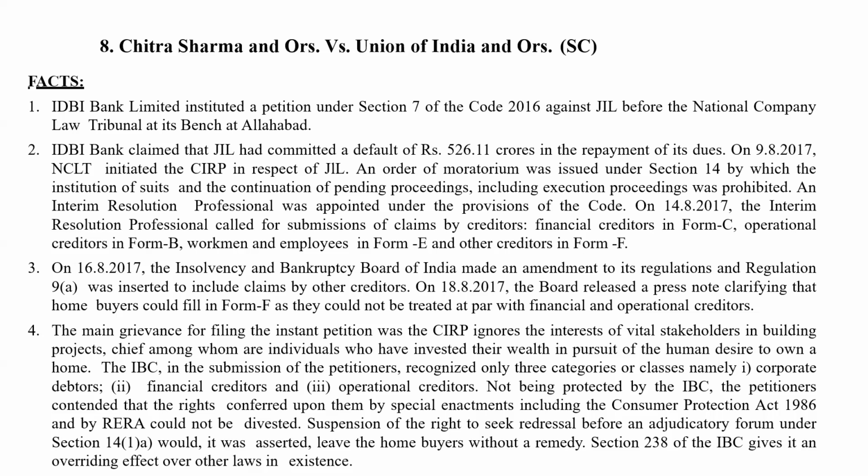There was an amendment to the regulations and they said that home buyers, they could fill in form F as they could not be treated as par with financial and operational creditors. देखो पहले क्या था, there was confusion when IBC came कि home buyers के बारे में confusion था. होम बायर्स के बारे में कहते थे भाई ना तो ये फाइनेंशियल क्रेडिटर है ना ये ऑपरेशनल. फाइनेंशियल क्रेडिटर इसलिए नहीं कि लोन तो दिया नहीं कंपनी को, ना ये ऑपरेशनल क्रेडिटर है. तो इनको अदर क्रेडिटर्स के बारे में कहते थे, भाई आप फॉर्म F भर लो, ठीक है।